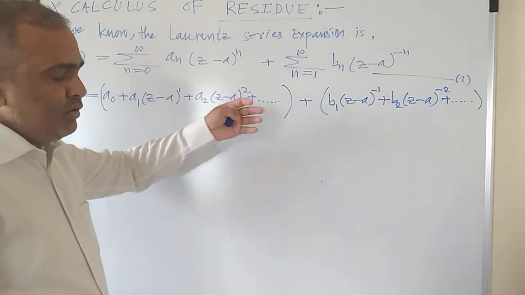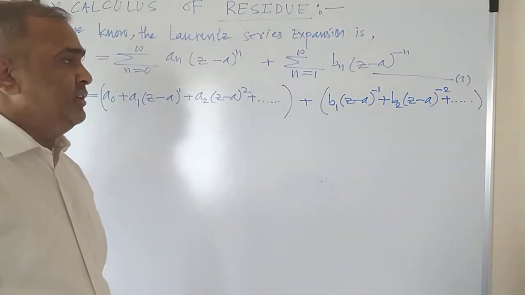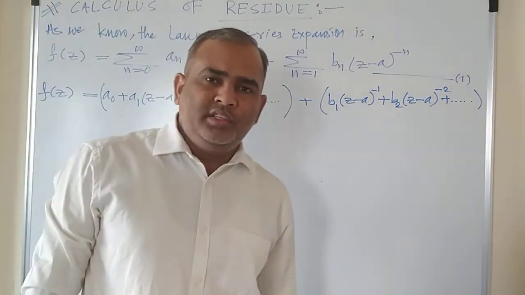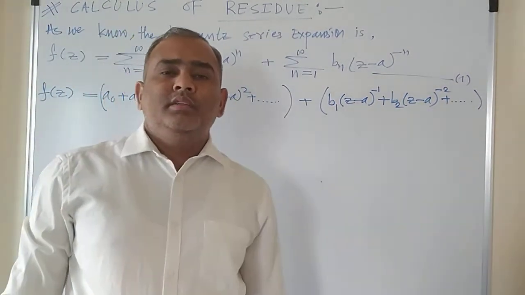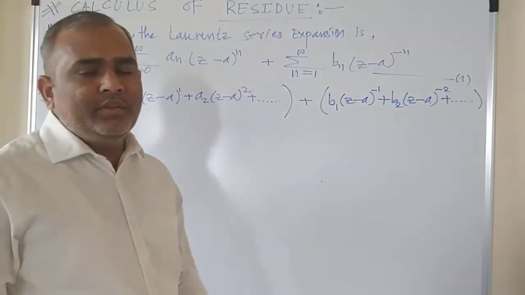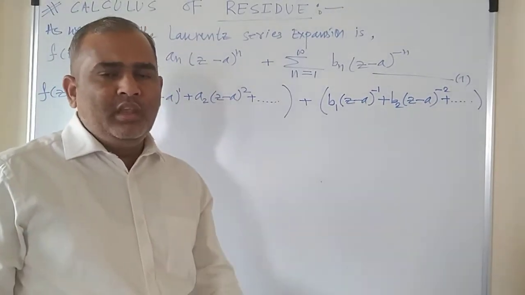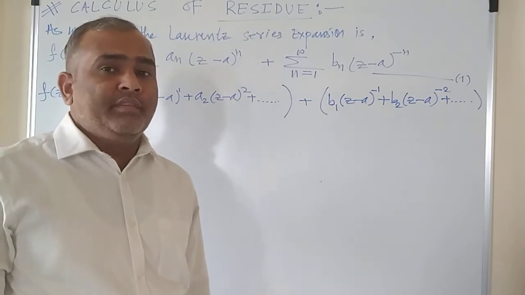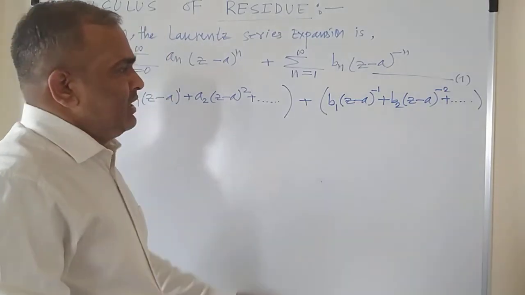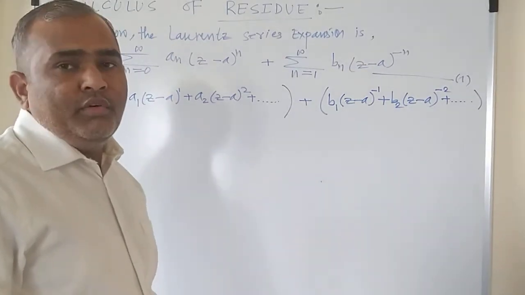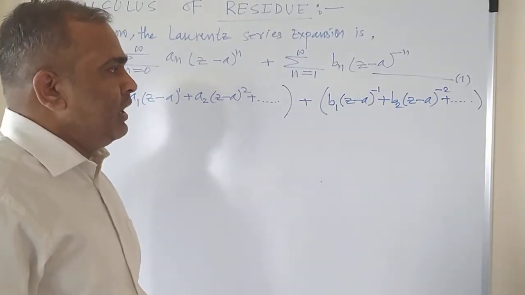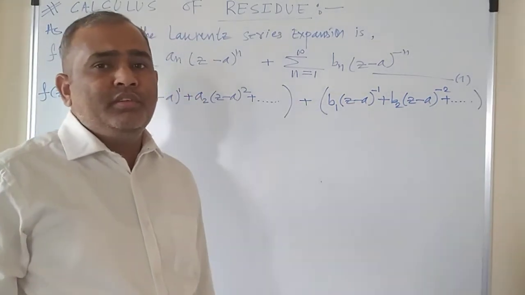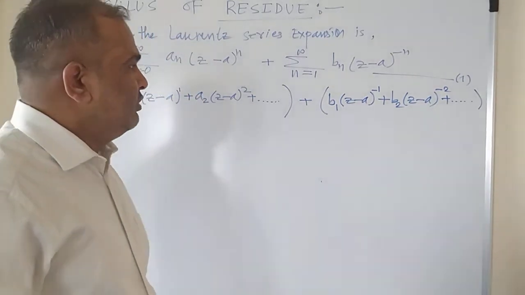Now the next important part is how to find the residues. There are some formulas to find the residues when the pole is of order 1, when the pole is of order n, and for a pole of order infinity. So let's write those four formulas, which are very important, and based on these you can find various examples in competitive exams also.